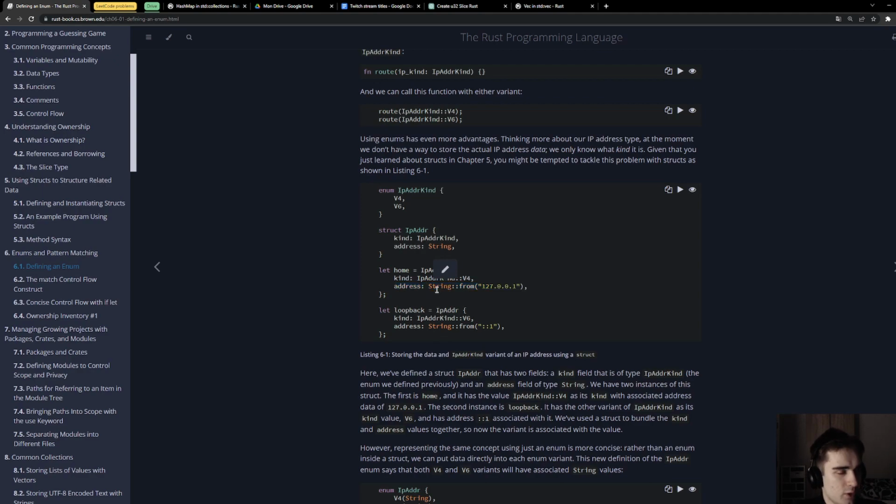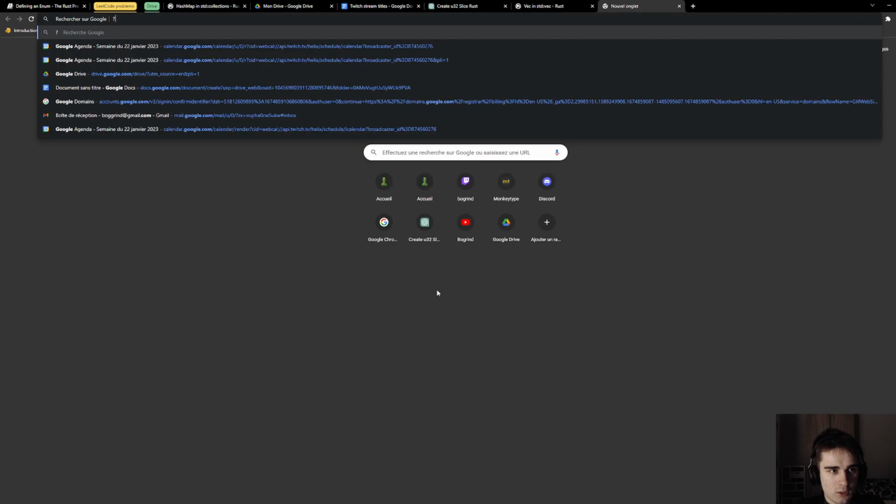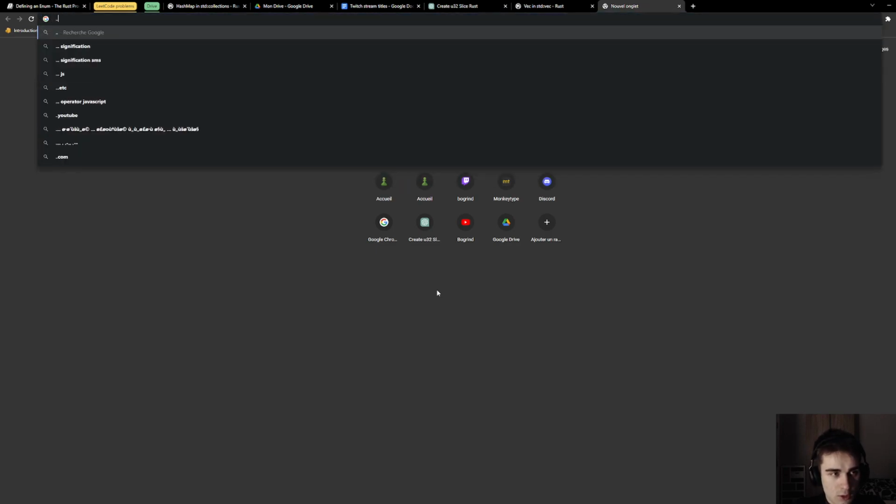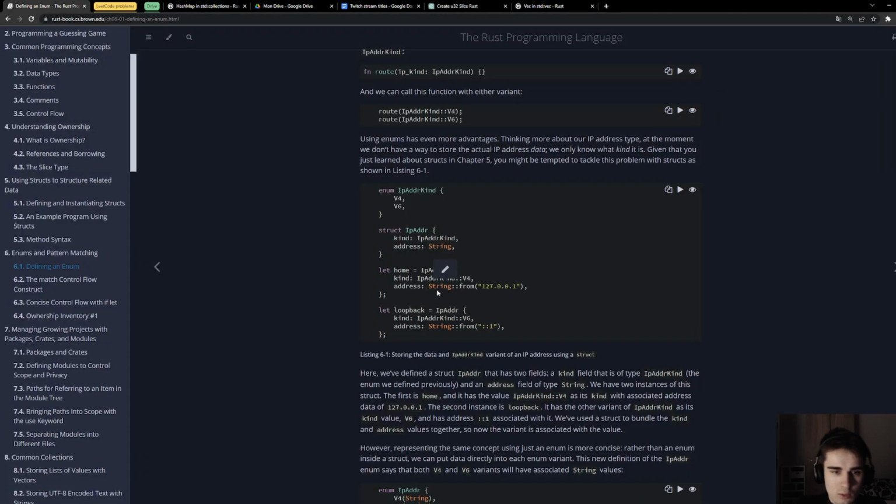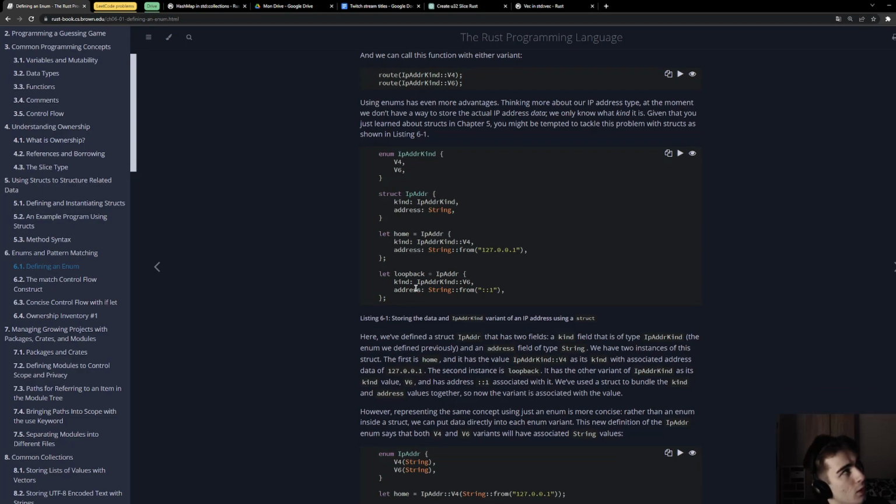Yes, I remember that there is the spread operator like this to get all the attributes of a struct and pass them to another one when we want to do a copy, for example. And this might move the struct, if I'm not mistaken.